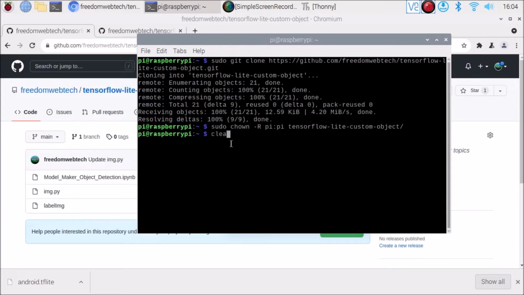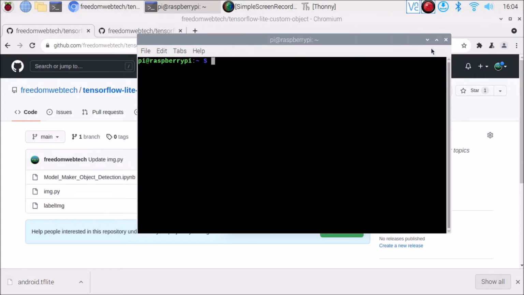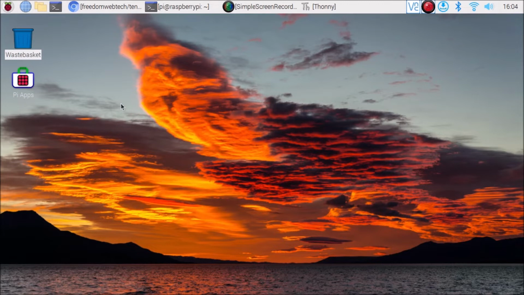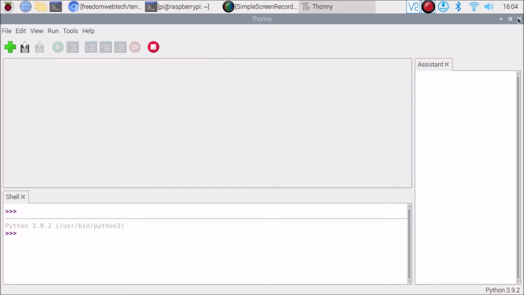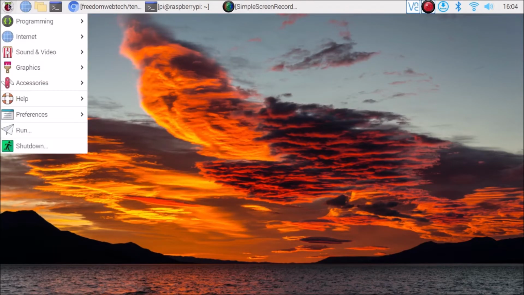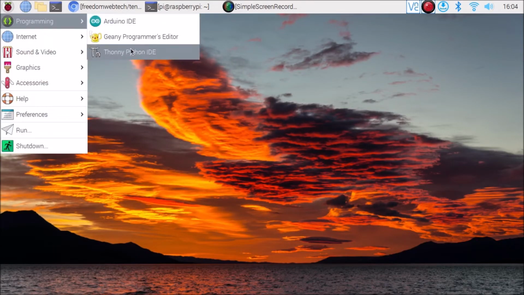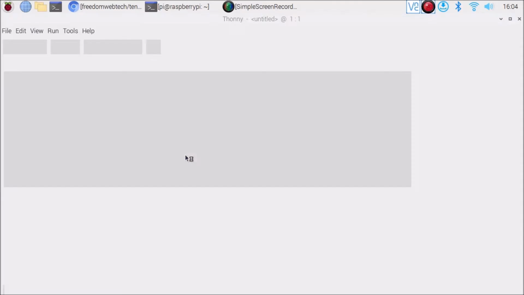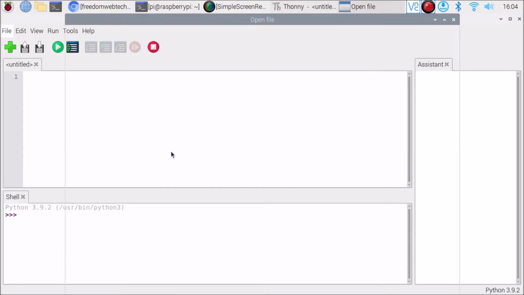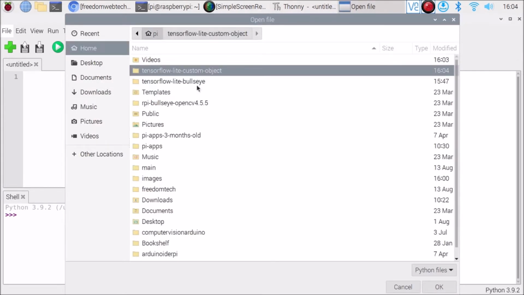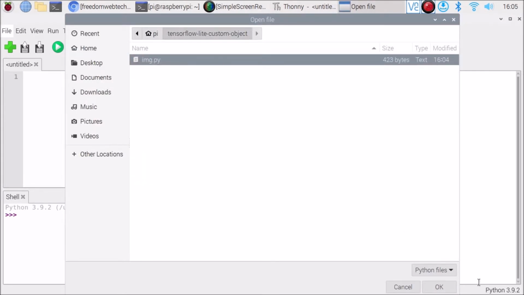Simple. Now friends, first we want our images. So we are going to use our camera to capture live images. So simply go to the Thonny Python IDE, file, open, and Pi, TensorFlow Lite custom object, and img.py.